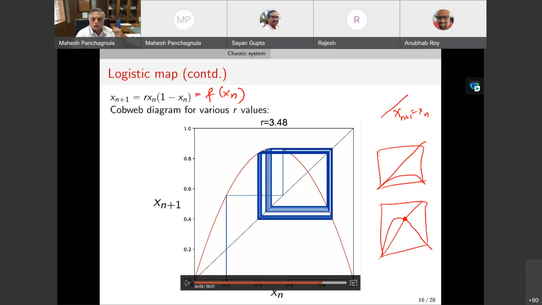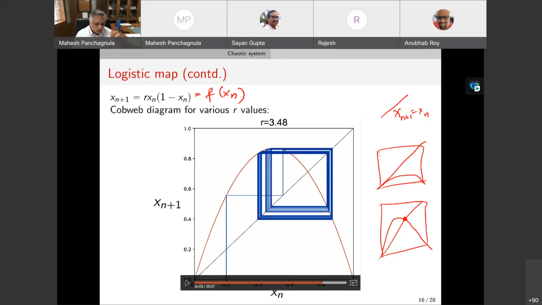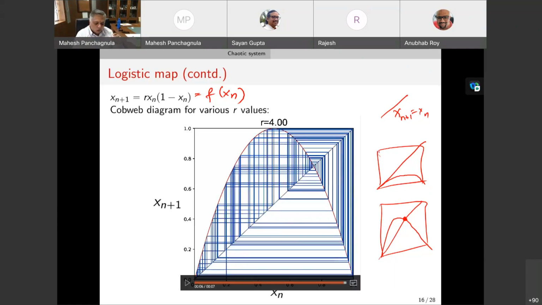Okay. So now if I continue this evolution, you start to see that where you used to have one square, you now have two squares that have evolved, which is what is called a period 4 solution. That is, it is going to oscillate between 4 values. Okay, now, and then on and on and on, as you get closer to 4, the entire phase space, the entire space of outcomes between 0 to 1 are all possible for any given initial condition. Okay, so now this is a very simple equation. Why does it do this?